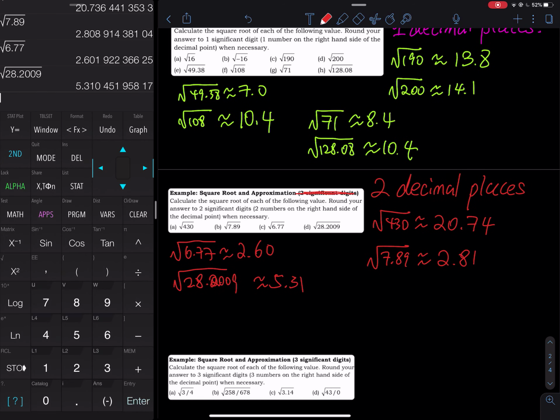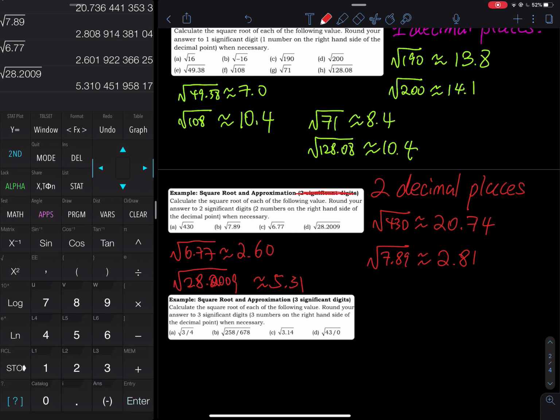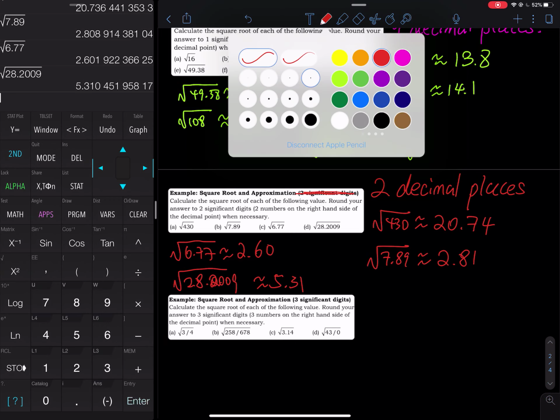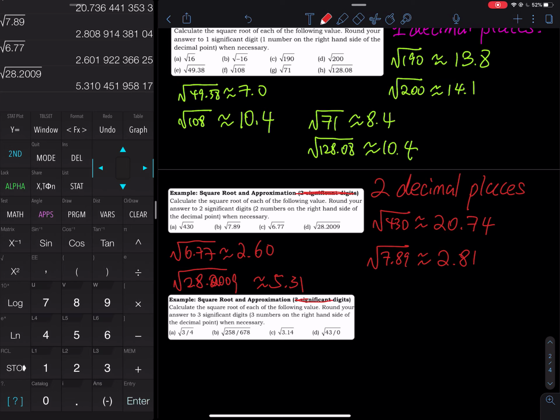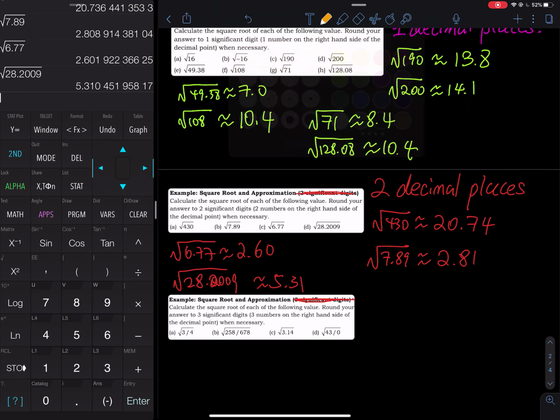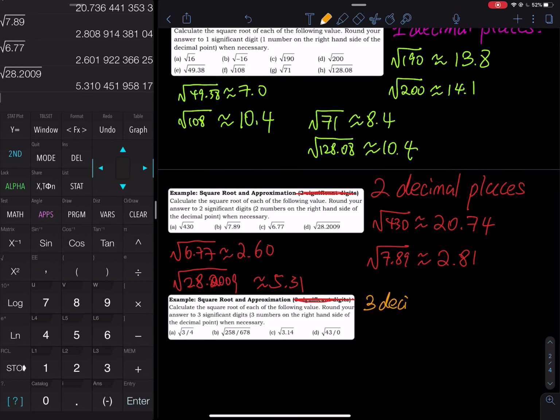And then the next one, again, allow me to change that to three decimal places. The square root of 3/4 means the square root of 3 divided by 4. So this is how you type that. Second, and then type 3 divided by 4 and then close parenthesis. You don't have to evaluate 3 divided by 4 separately. So that is around